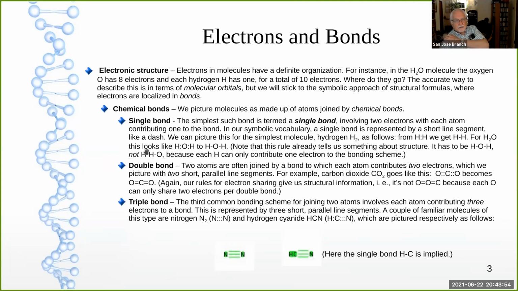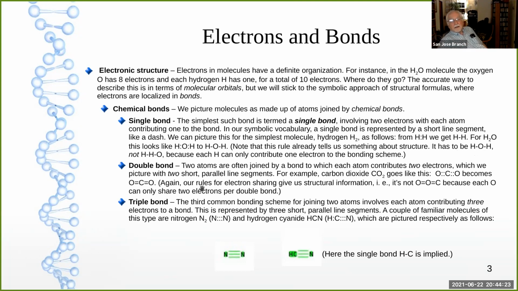Each hydrogen just has one electron. So this hydrogen then has nothing to share with this oxygen, and that's just not going to work. But this way works fine. So that's a rule. Each of these dashes represents a pair of electrons, and that's what's joining the two atoms